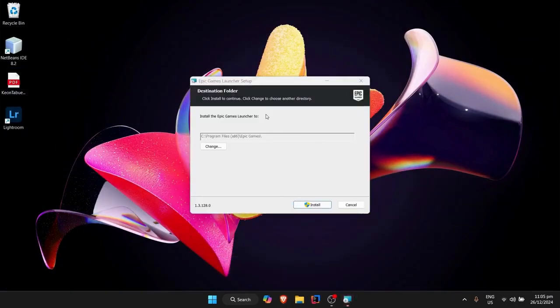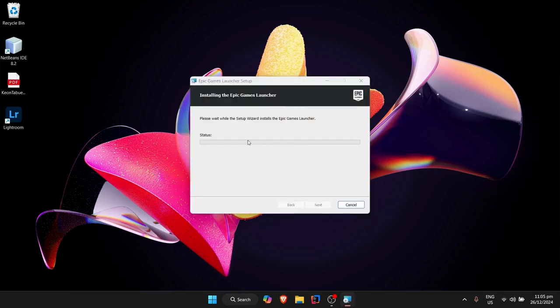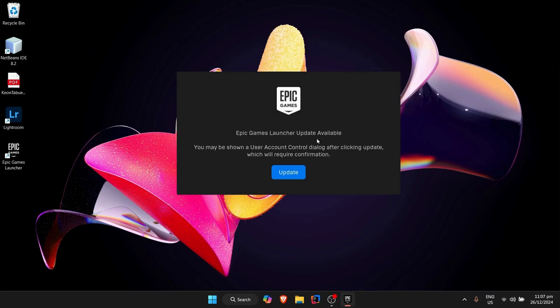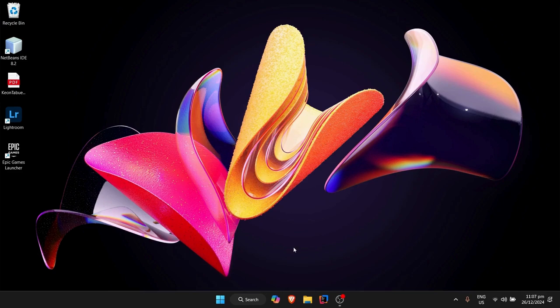And as you can see, this will pop up. Just simply click on install. Then wait for this to finish. If the user account control will pop up, just simply click on yes and wait for it to finish install. So once it's done, this will pop up and just simply need to click on update and wait for